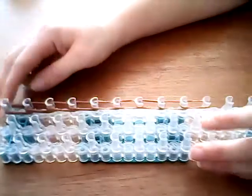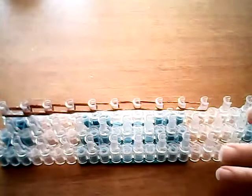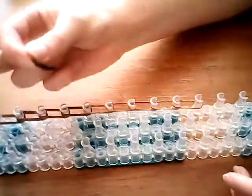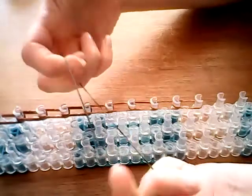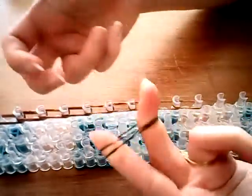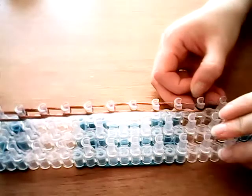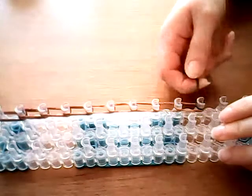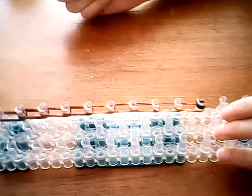There we go. I'm going to place a band around here, and we're not adding this as a normal cap band. I'm going to take a single black band, I'm going to stretch it out, and again I'm going to double it around my fingers. I'm going to place it over this end pin where normally you would cap it, and I'm just going to double it round like so,